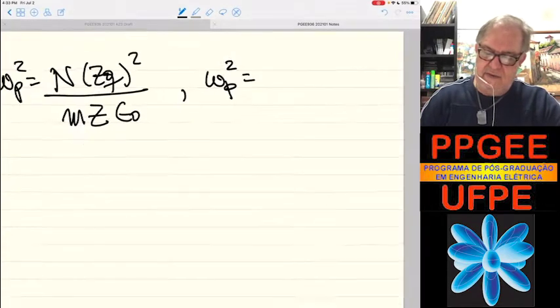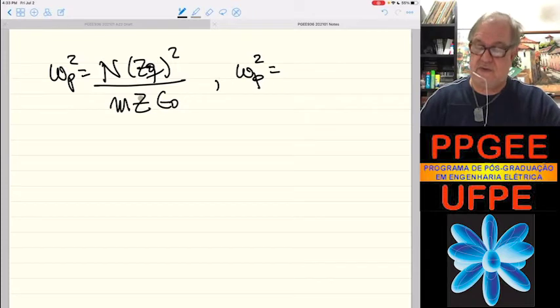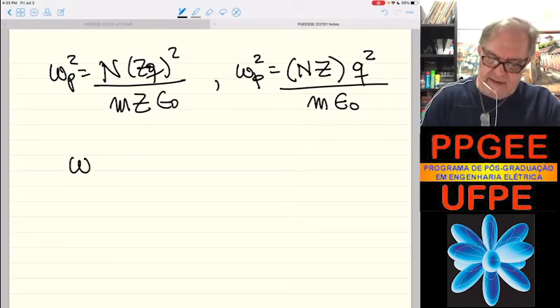Now we can Z squared divided by Z equals Z. So you're going to have n times Z q squared divided by m epsilon 0. So the plasma frequency equals to,